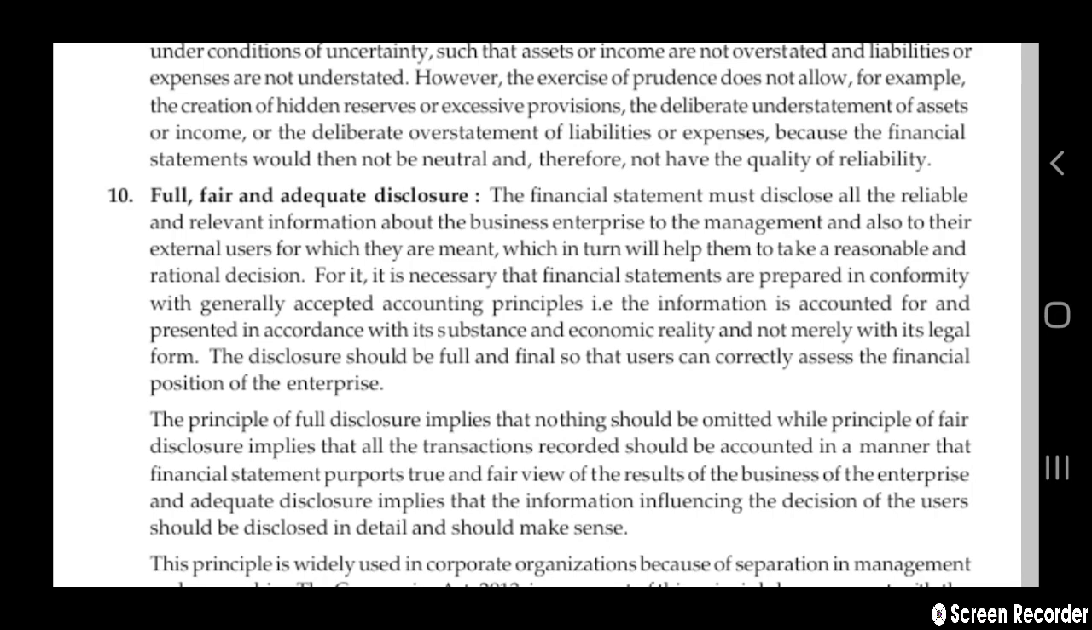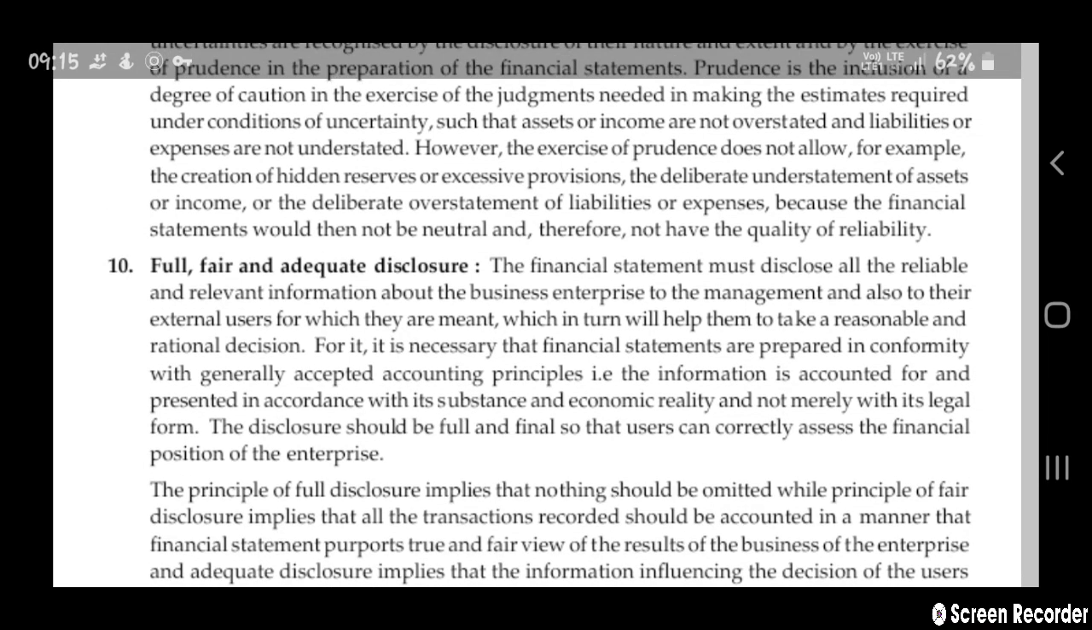This in turn will help them to take reasonable, rational and correct decisions. By having this information they will take the correct decision. For this, it is necessary that financial statements are prepared in conformity with generally accepted accounting principles, and the information is accounted for